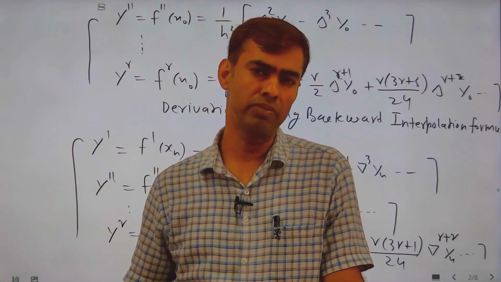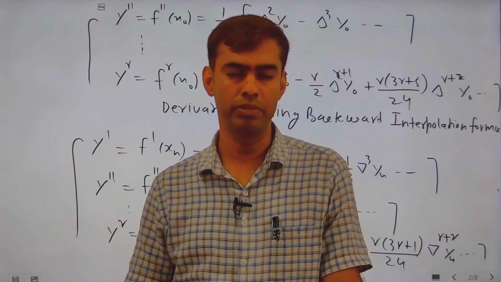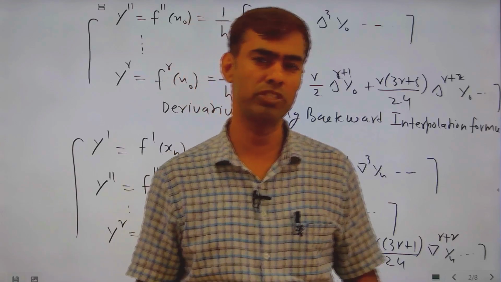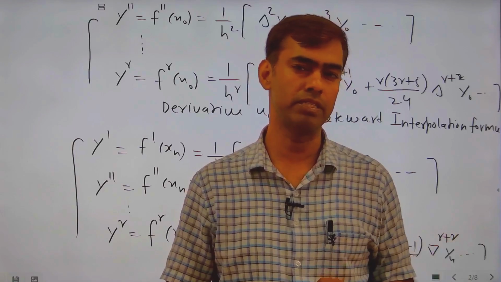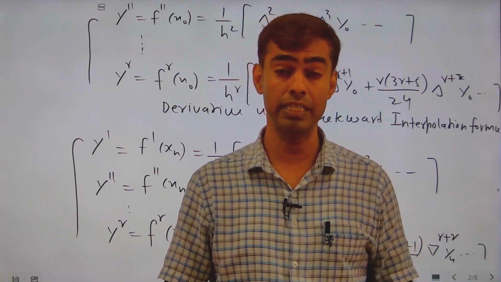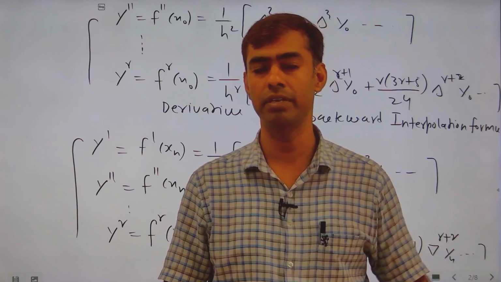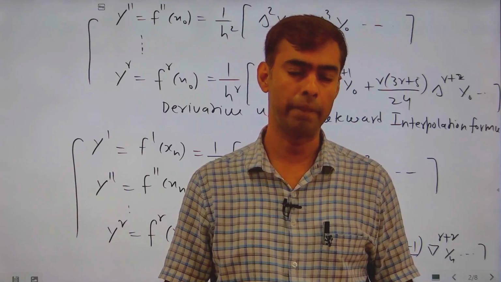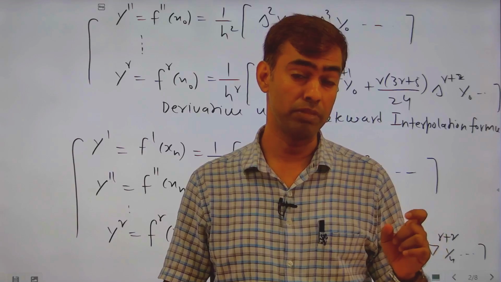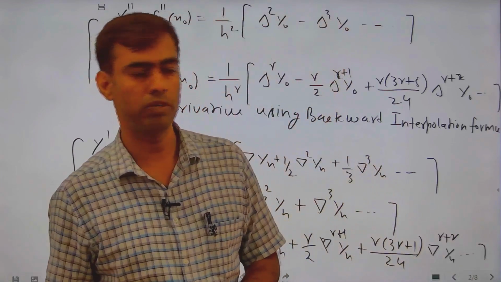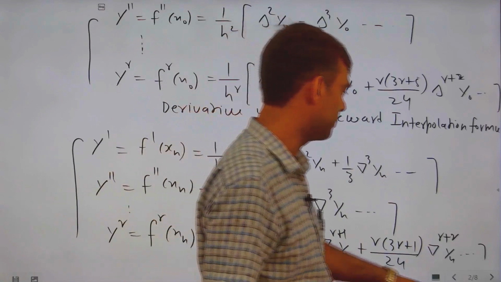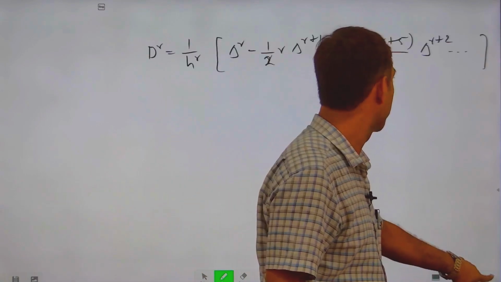Similarly, if there is an unequal class interval, then directly we write the Newton divided difference formula or Lagrange interpolation formula and find the derivative, and then put in the values with the help of a divided difference table, or directly in case of the Lagrange interpolation formula put in the values of x, meaning nodes and its values, and then we are able to get the values of derivatives. So, now